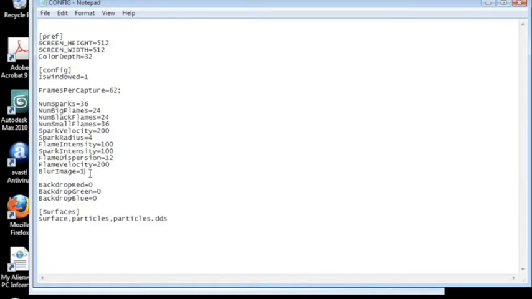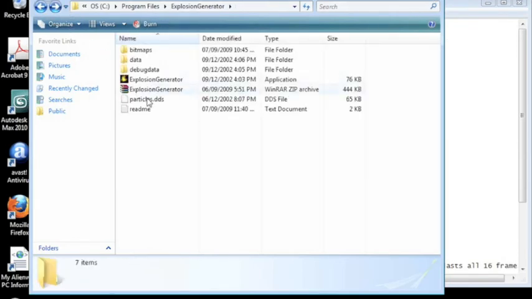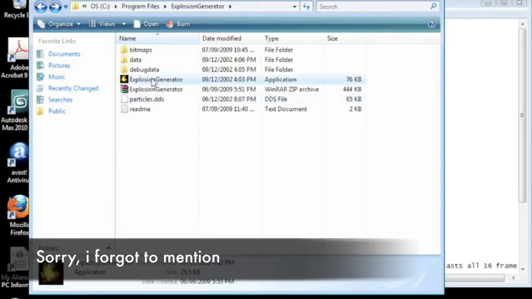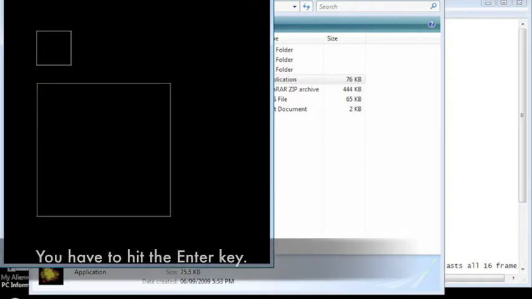And the only way to really get what you want is to play with it. And you can change the color of the backdrop as well. So I like the settings as they are, so I'm going to close it and open up my explosion generator. And now it's going to run, and it is going to create